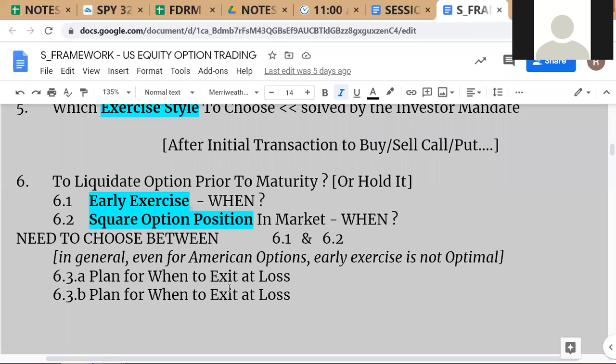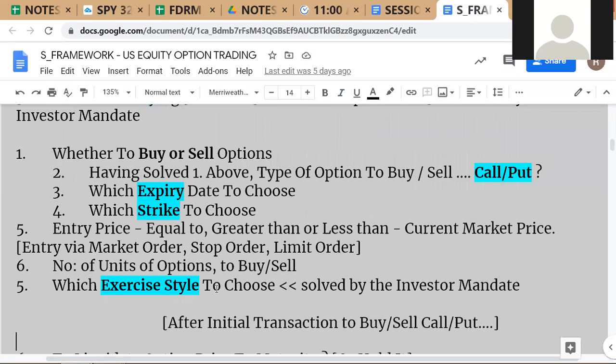All right, so we will continue from where we left off. We are doing our equity option trading framework, the conceptual framework. This is all the knowledge that you're going to use when you do your option trading project. So we'll just recap quickly where we were before.